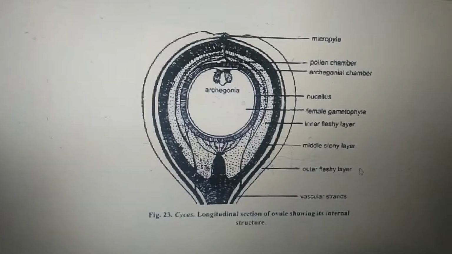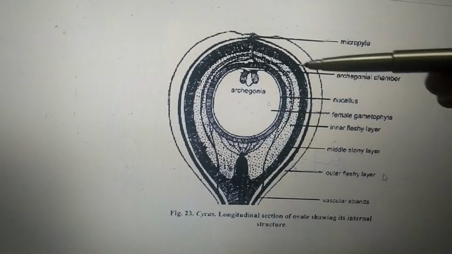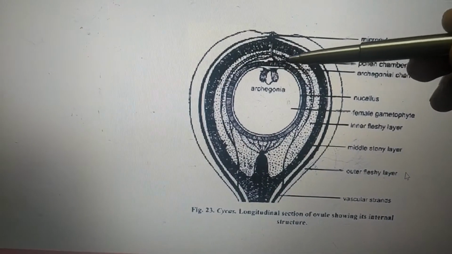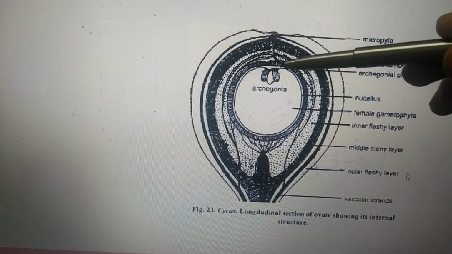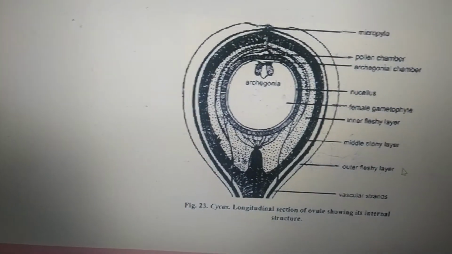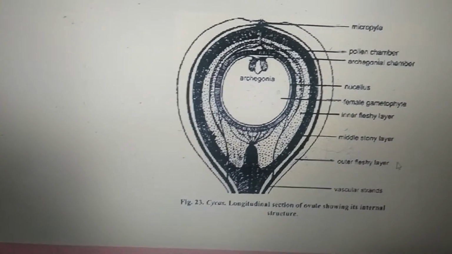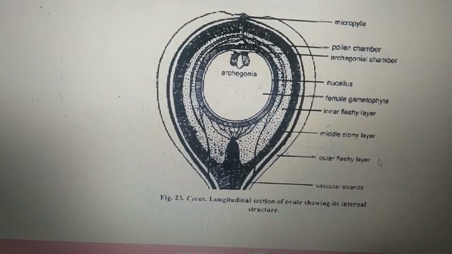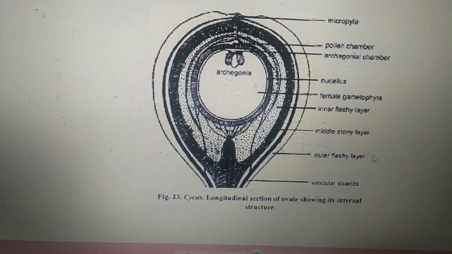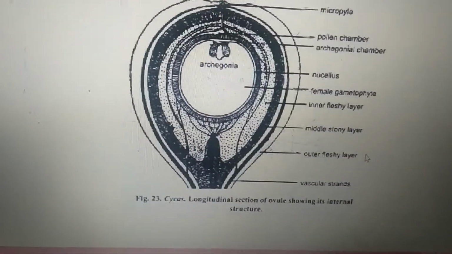Now these sperms are going to swim with the help of cilia and reach the neck of the archegonium. Even the ventral canal nucleus has disintegrated, so they will directly reach the egg and undergo fusion, leading to formation of a diploid zygote or oospore. In cycas, fertilization takes place with the help of motile sperms. This process is called pseudogamy. Pseudogamy is usually asked for 1 mark questions.